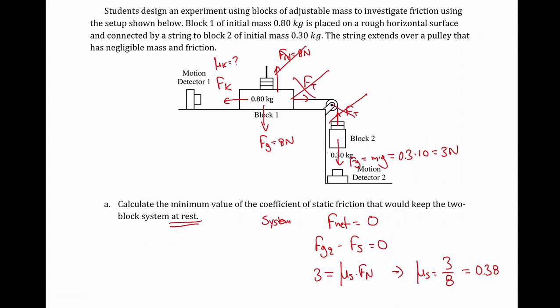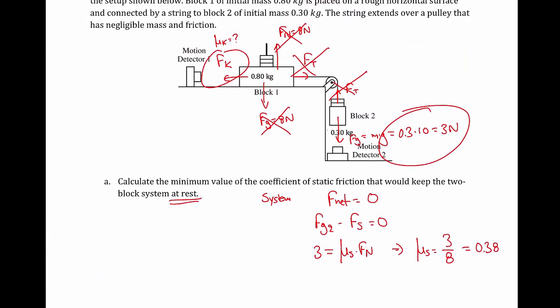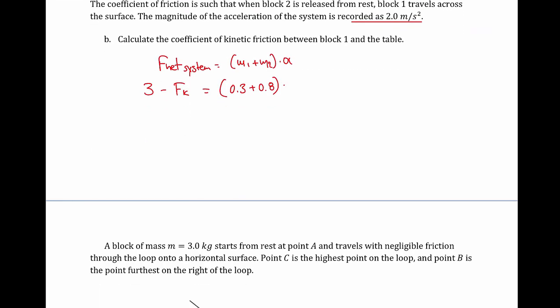The normal force and the force of gravity are external forces, but they cancel each other. So again, we have 3 Newton, that is the force of gravity, minus the kinetic friction. So 3 Newton minus the kinetic friction is equal to m1 plus m2, so 0.3 plus 0.8, multiplied by the acceleration